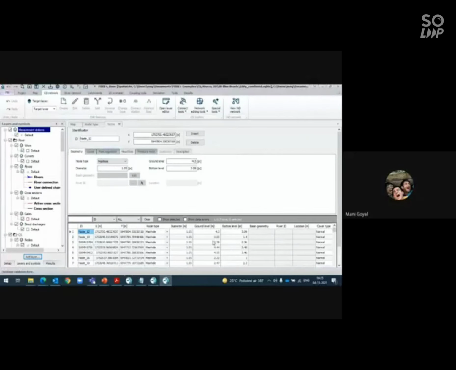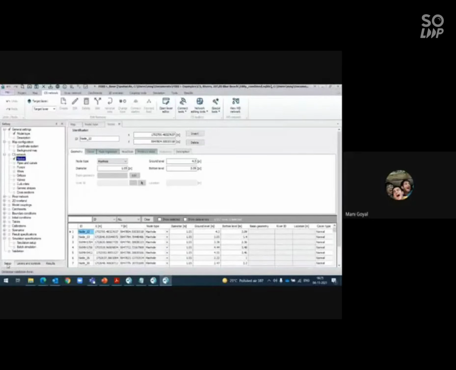Now you have the ground level, but your sewage system is at the bottom. So you have to give the bottom level with respect to your ground level. And you need to take care of the CPHEEO manual that has been developed by the ministry. Norms and design terms are given in that: not what should be the ground level, but how you need to calculate the bottom level, to what extent you can do the digging, and to what extent you can use the pumps, because using pumps is a costly affair, and we go with the digging itself. So these are the various things you need to take care of.